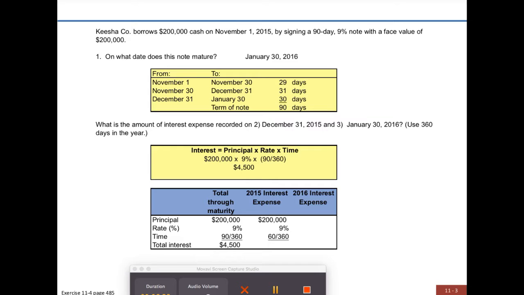So the slides have it still holding strong with an annual calculation. I think it would be just as easy to say, okay, since they're nice and round numbers, 60 days here, 30 days in 2016, that is easily shown to be 2/3 here, 1/3 here, and you can pretty easily determine that that would be 3,000 here, 1,500 here. And that's what we get when we use